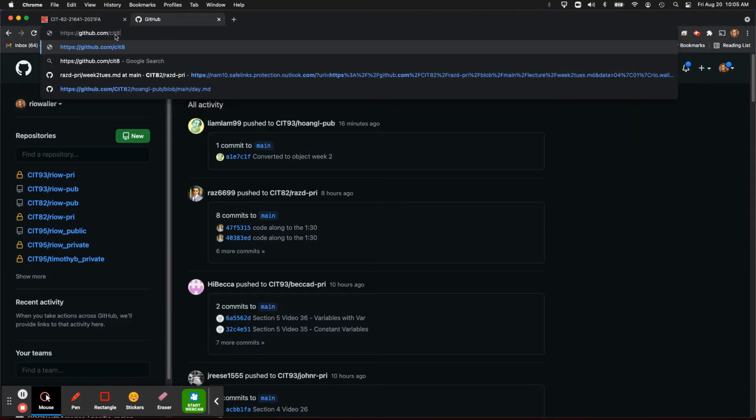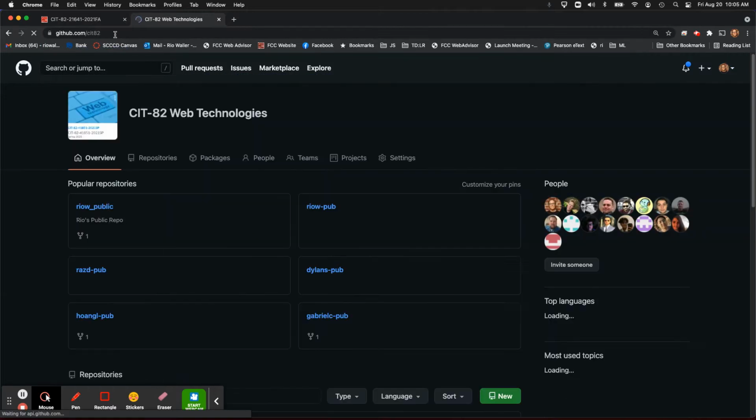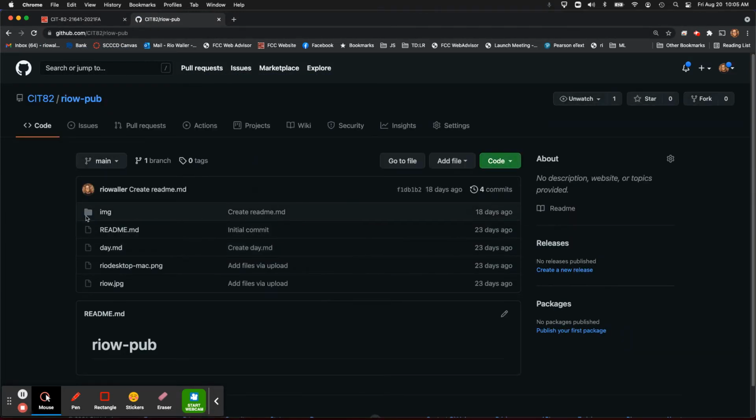The keyboard is a little more away from me, right? You've created these repos out here, and you've been putting images and doing notes, depending on which of your private or public.